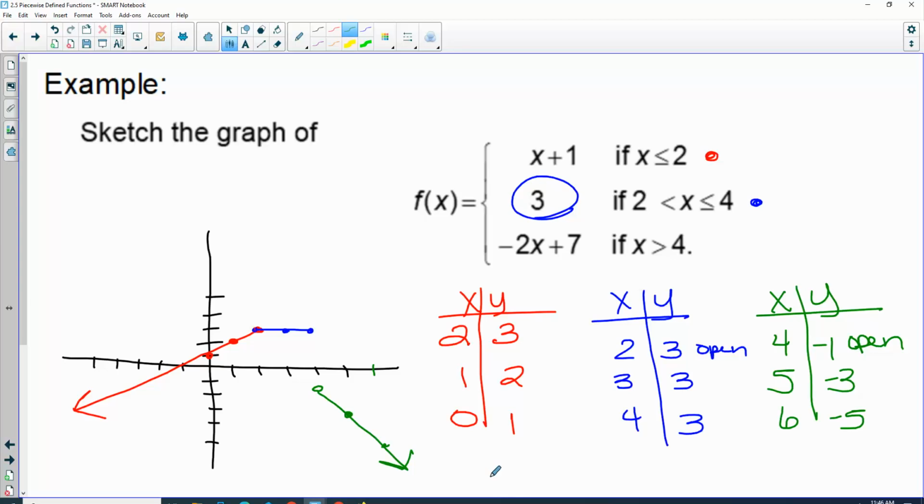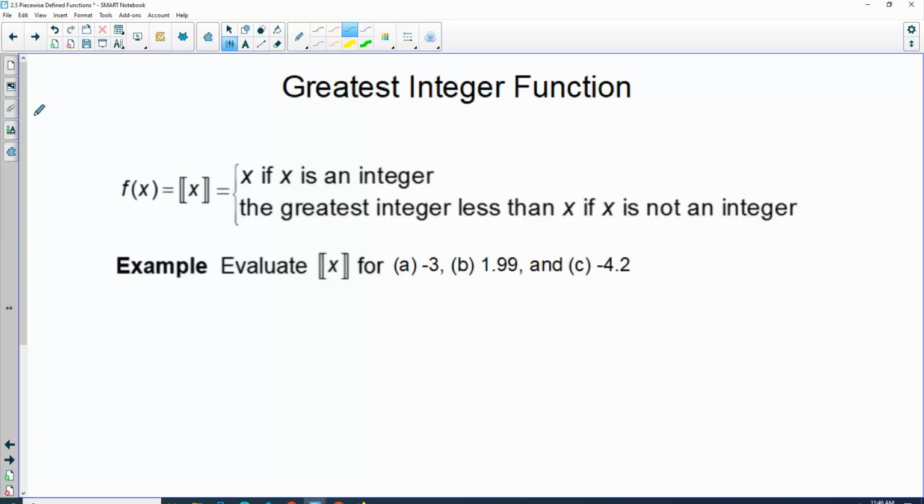Alright, do we feel okay with those piecewise? So that was last night's handout. Today we are briefly going to talk about one other piecewise function that's called the greatest integer function. So you may or may not have seen this one before. Sometimes she gets to it in Algebra 2 and some years she doesn't, so I don't know if you got